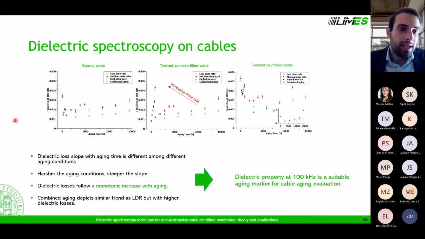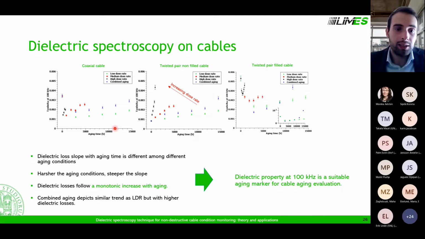In this slide, you can see maybe a better view of the trend of the dissipation factor as a function of the aging time for the 3 different cables analyzed. So we have the coaxial cable, we have the twisted pair non-filled cable, which has the same polymeric compound as the coaxial cable, and then the twisted pair filled cable, which is made up of the polyethylene plus both antioxidants plus the ATH. As you can see here, if we plot the value of tangent delta at high frequency as a function of